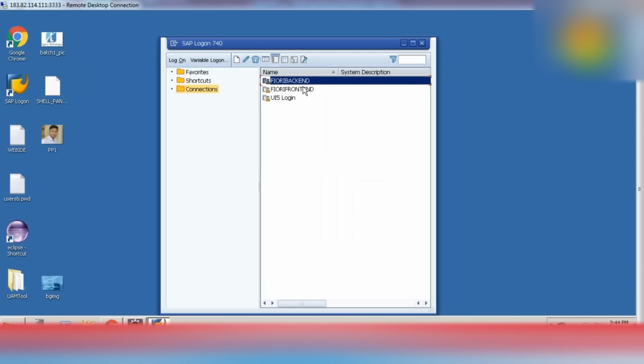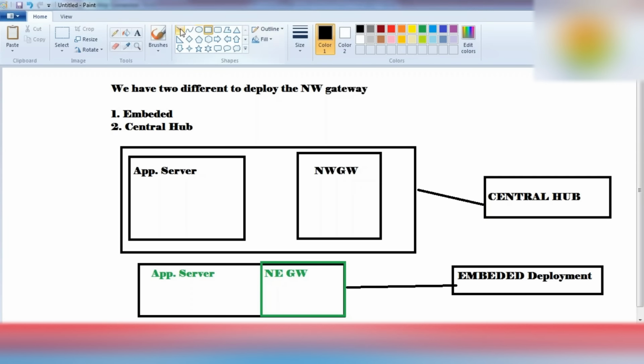One thing I forgot to mention here. The linkage between the NetWeaver Gateway and the application server is the TRFC. By using the TRFC only, we can communicate between the NetWeaver Gateway and the application server.